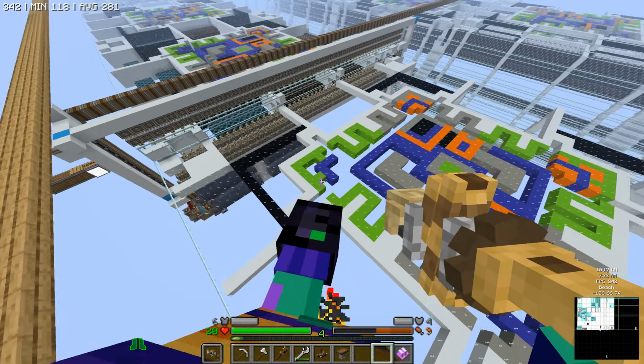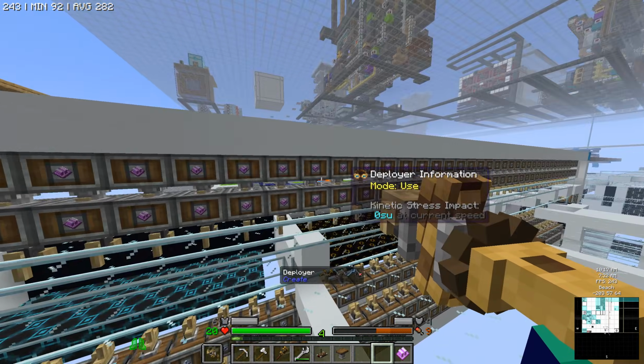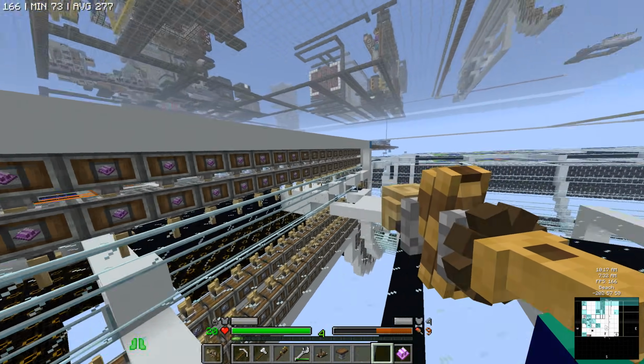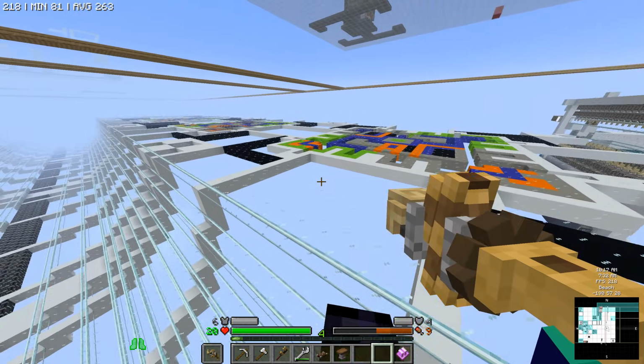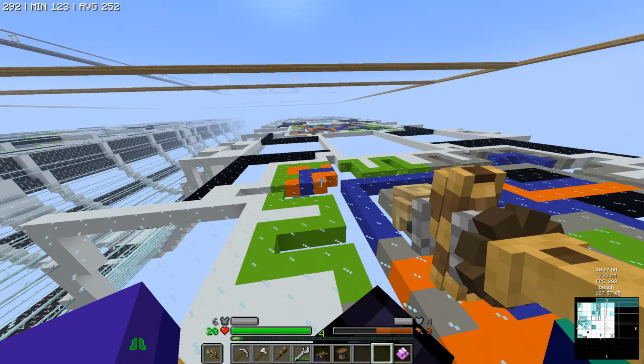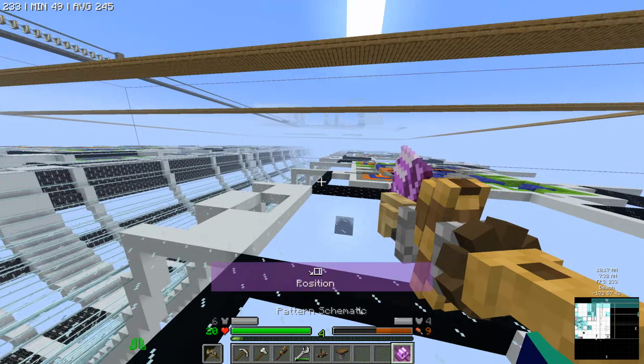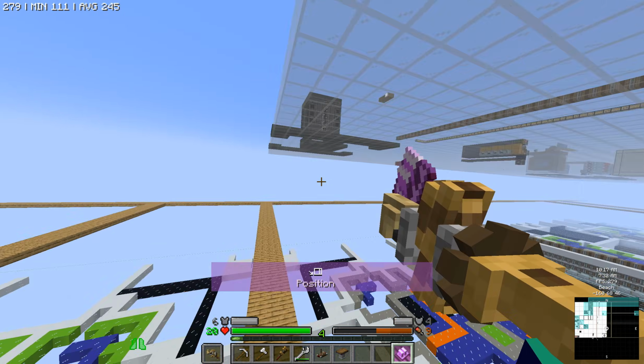Alright, so the last time I was recording, I ended up messing up the schematic. I ended up repositioning it accidentally, trying to position it through the lag. So I'm going to try a different strategy this time. What we're going to do is